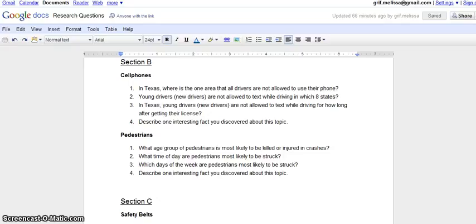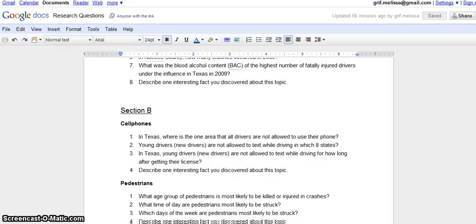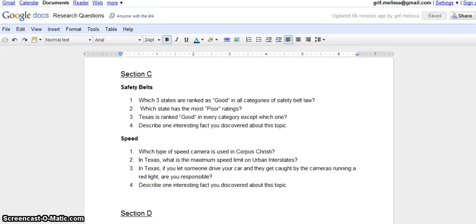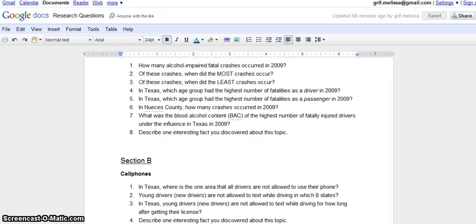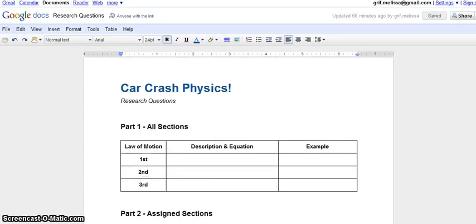Kind of gets them thinking. So I talk about alcohol and drug related car crashes, talking on cell phones, pedestrians, safety belts, going the speed limit, that kind of stuff. So they're very specific questions. The idea is not necessarily to get the right answer, but to get some answers, look these up, thinking about